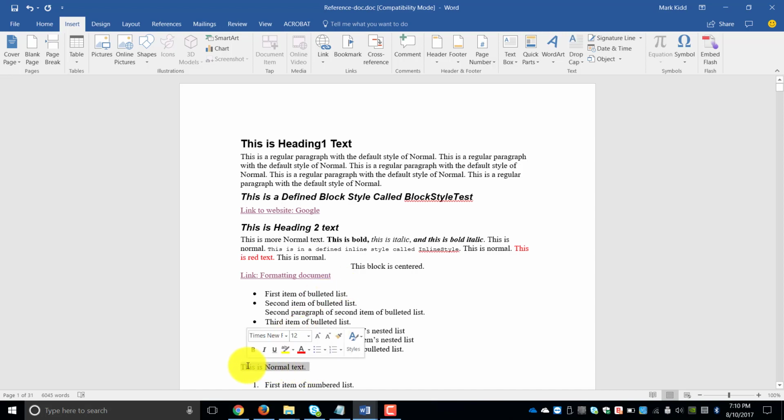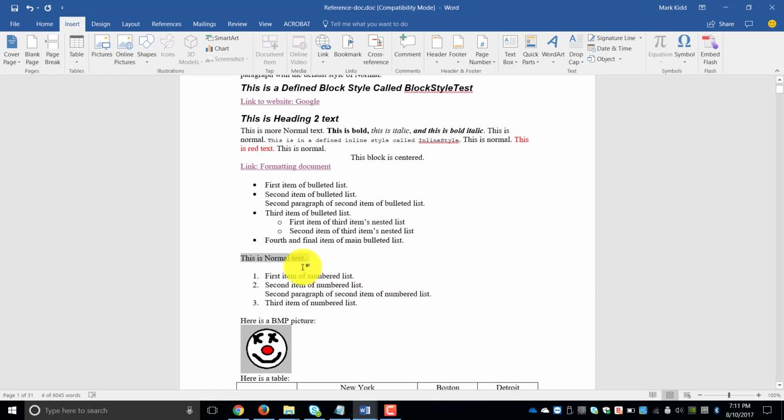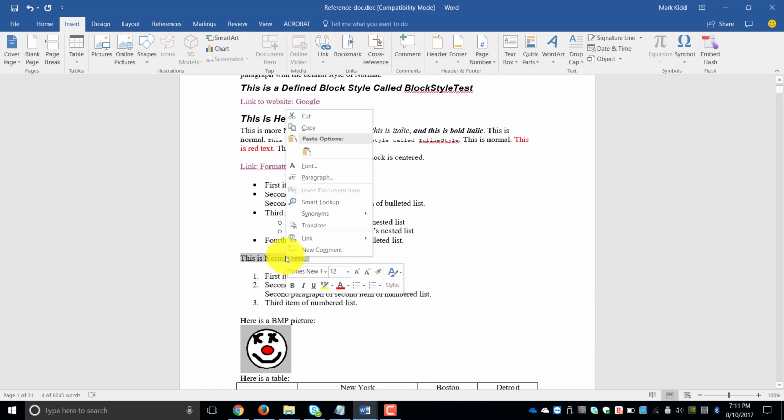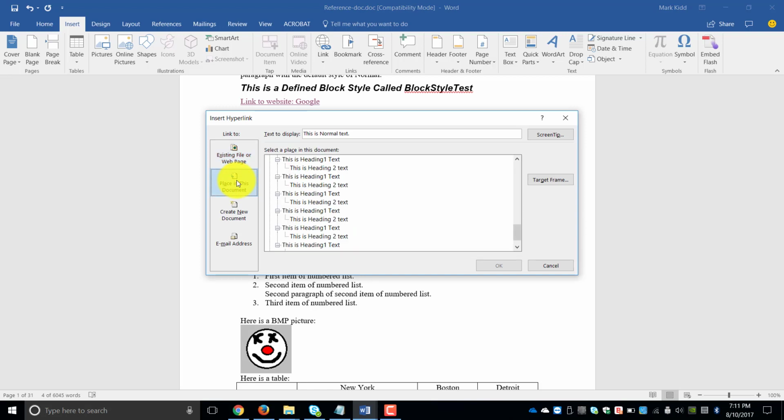The next link we're going to create, and keep in mind you don't have to keep going through the menu to insert links. You can also right click the data and choose a link, is we're going to link to a particular place in this document. So what we'll do is we'll say click here to go to the last heading, and my text will say click here for the last section